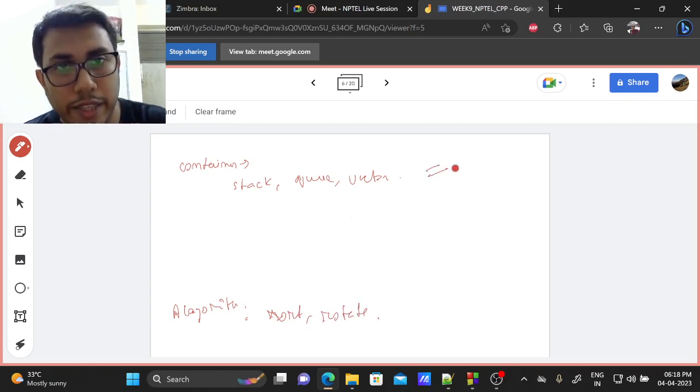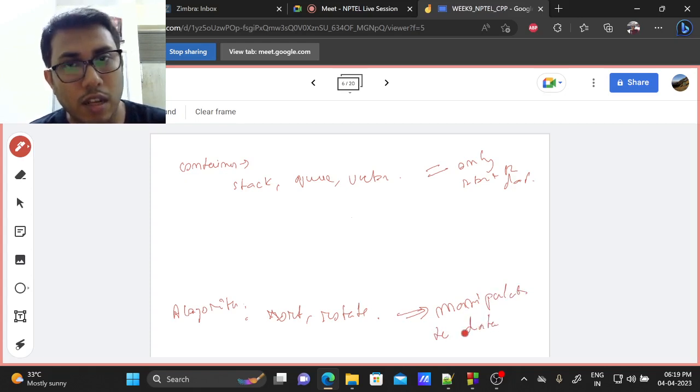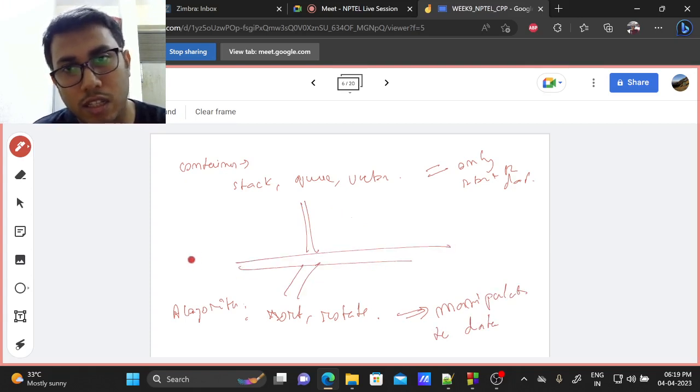Now they can only store the data, and they can manipulate the data. To connect these two, you need a third thing called